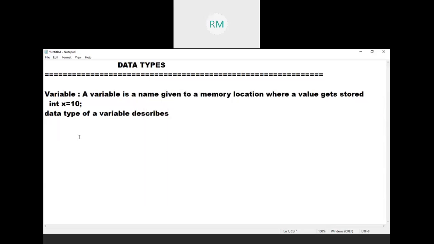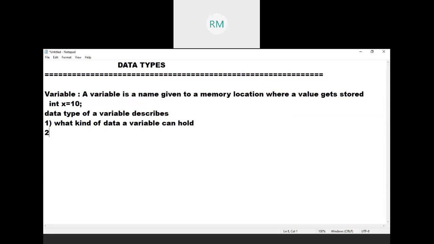First one, what kind of data a variable can hold.